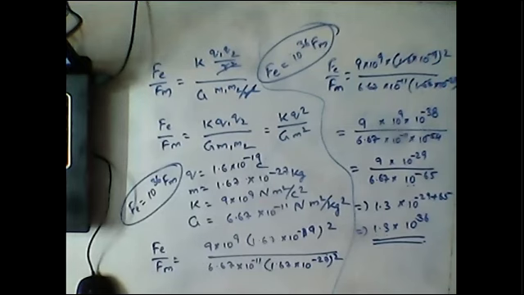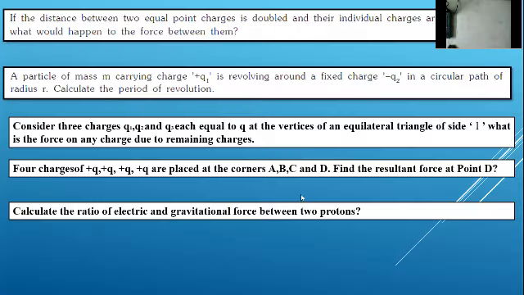So what is this Fm? Fm is nothing but gravitational force, force due to masses. And Fe is the electric force. That's it. So this is how we need to solve the problems for ratios for tougher questions. Hope you understood the question, and we will go to the next topic as usual.